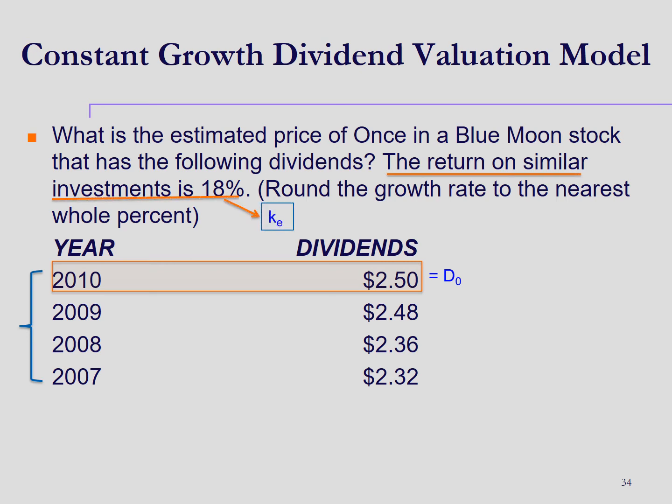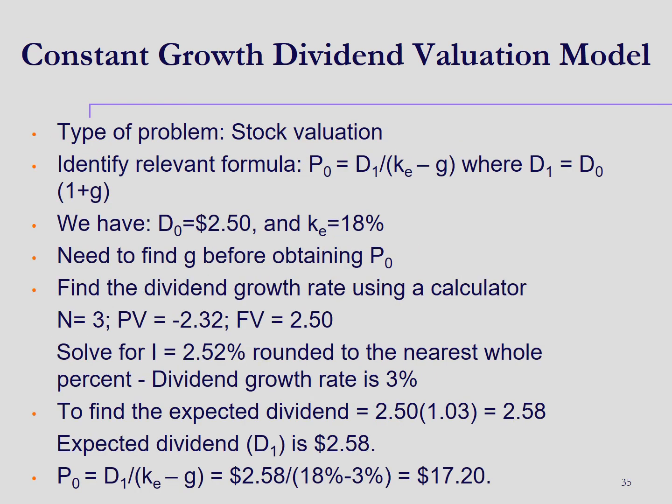The required rate of return is 18%. We can find the constant dividend growth rate G using the financial calculator by solving the interest rate. We can think of the problem as you deposit $2.32 and would expect to have $2.50 in your account balance 3 years later. What would be your annual interest rate earned? That is, given the number of investment periods, the present value, and the future value, you would like to solve